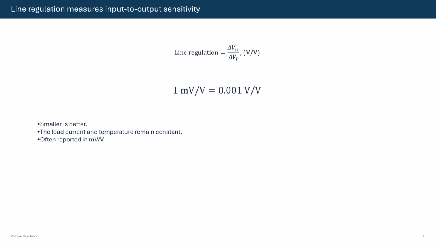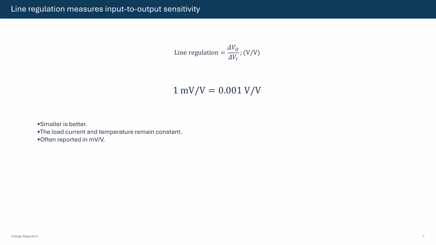Line regulation is the output voltage change divided by the input voltage change. Delta VO is the output change, and delta VI is the input change. A smaller value means the regulator rejects input variation more effectively. When the result is stated in millivolts per volt, it tells us how many millivolts the output moves for each